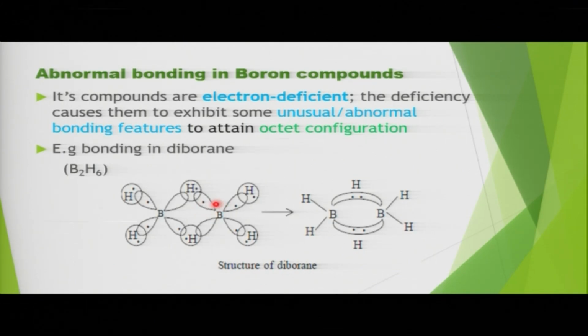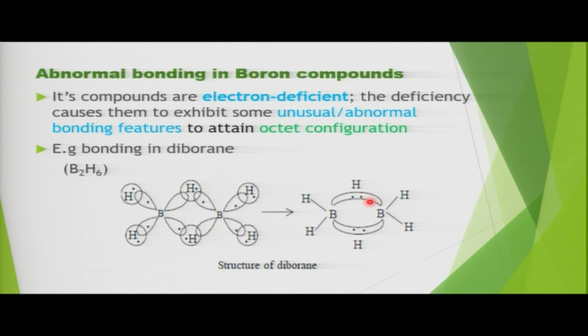So in this case, this part will be hybridized with this orbital of boron. The same happens in this case, and it creates this kind of hybrid bond,